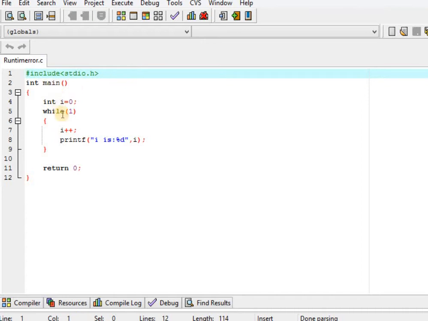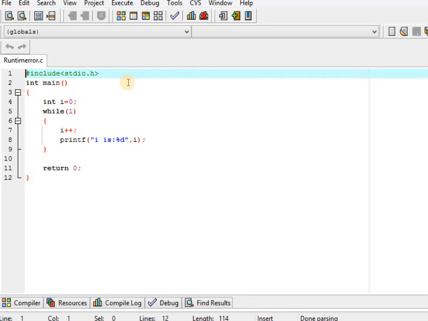In this program, a while statement is used. In my upcoming tutorial, I will explain in detail what a while loop is. Now just concentrate on how a runtime error occurs when the program compiled with no compiler error.